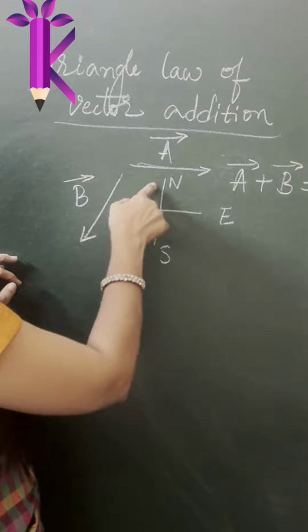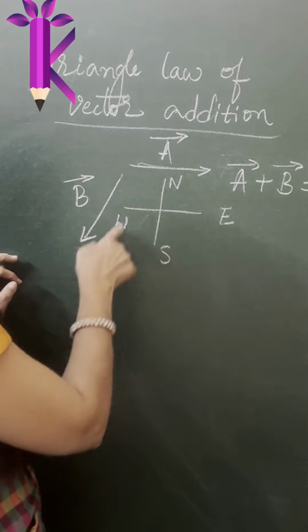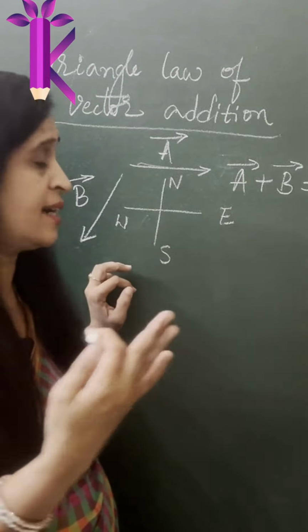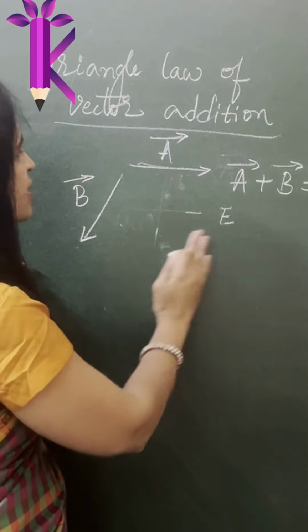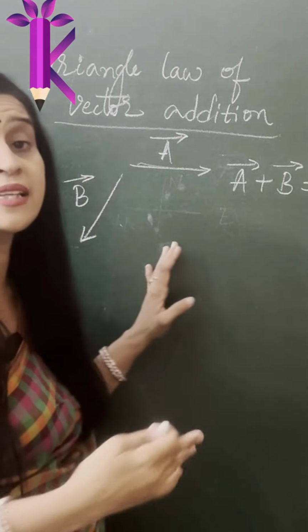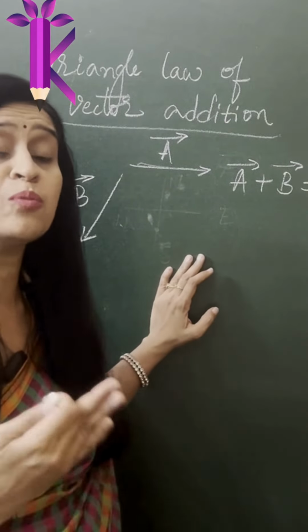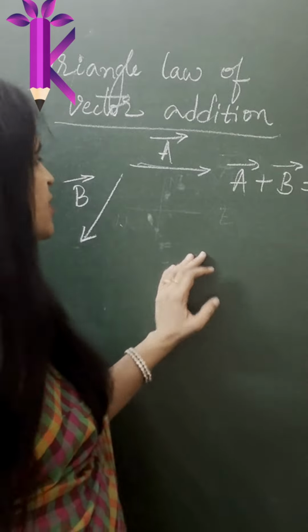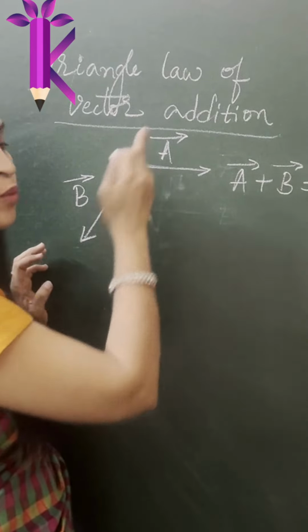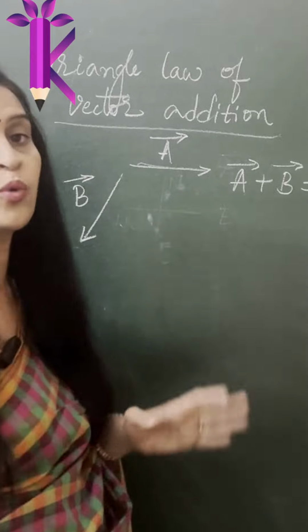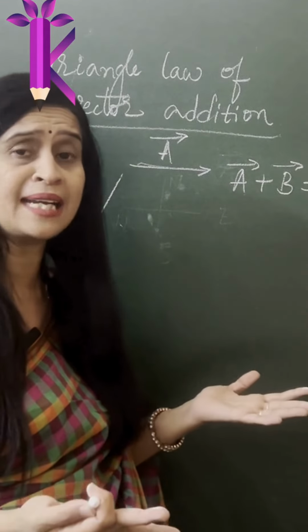This could be the velocity of the car moving in the northwest direction, or could be the southwest direction, depending upon the quadrant it is in. So they are in two different directions, right? So how do you add these kind of vectors which are moving in two different directions? If it is just the velocity, you can add them. It will have a particular number, it will be moving with a particular velocity. You could just randomly add them.